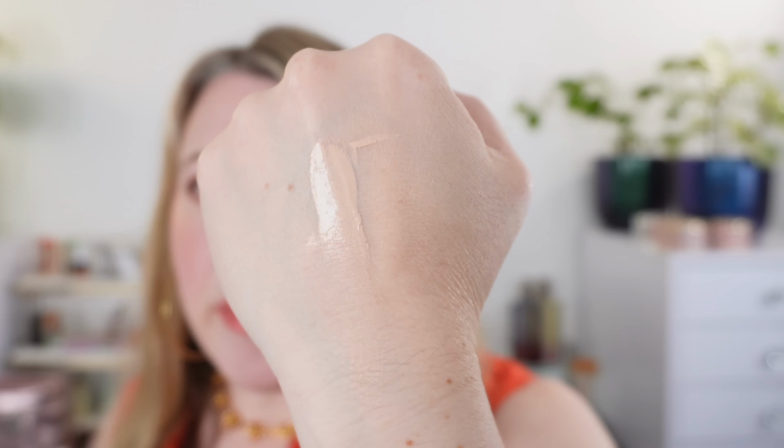Now, technically my skin's neutral. This has just the faintest tint of rosiness to it, but it's definitely not overly cool. It's not as cool as your traditional cool foundation. So they run overall slightly warm. The neutral version was just a little bit too warm for me. So I'm neutral with cool overtones, so neutral leaning cool. So if you are looking for a match, just note that they do run a little